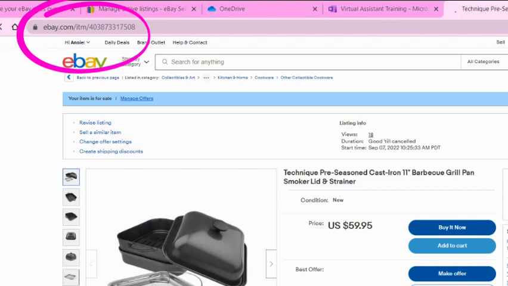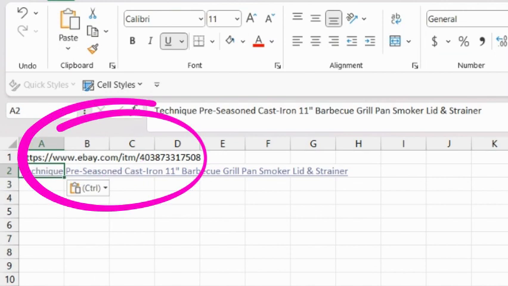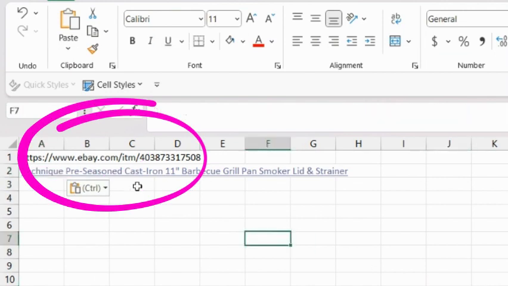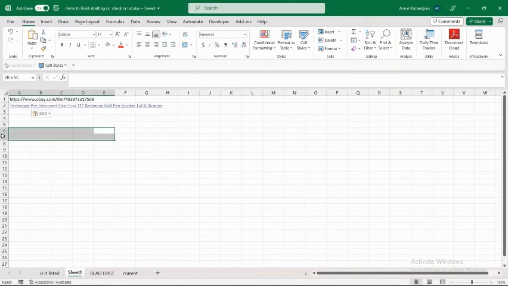And then that's 403-873-317-508. Let's compare that to 403-873-317-508. Same exact thing. So either I'm going to tell you I want you to put the item number, the title of the product, the link to the product, whether it's listed or not, and whether you didn't find it or not, or you're going to save yourself a bunch of time and not have to make those 5